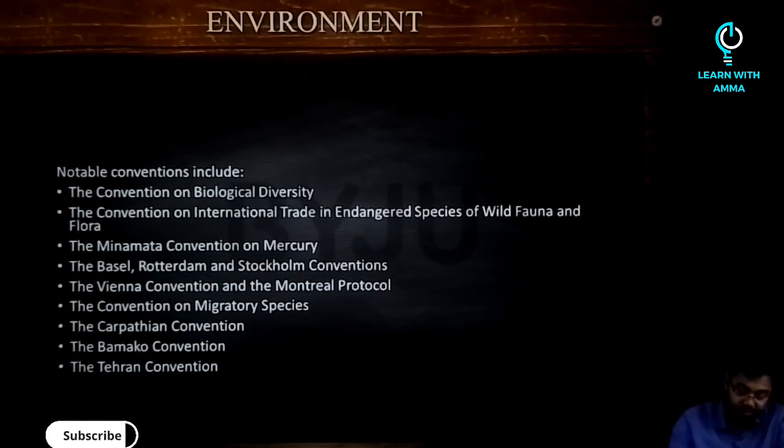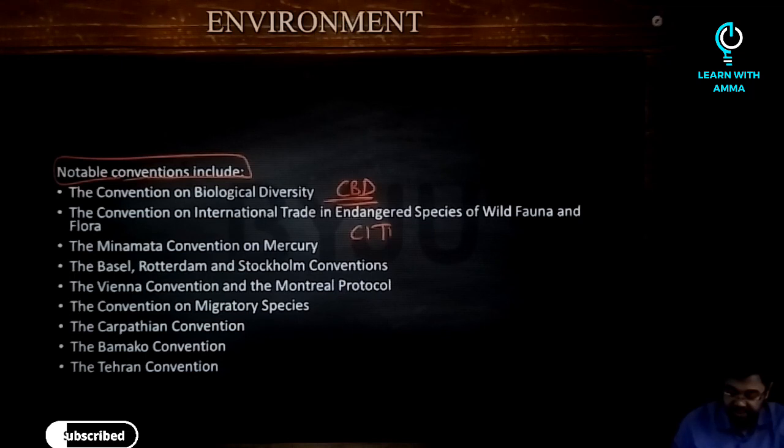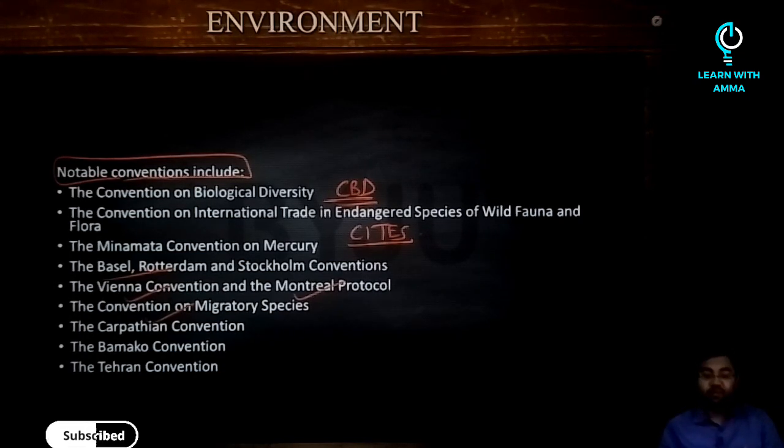And finally, most of the conventions that you know about, all the ones which we have already studied, have been a part of UNEP. For example, whether you take the CBD or you talk about CITES, then the Basel Convention, Vienna Convention, Montreal Protocol, the Convention on Migratory Species, all these that we have already seen in the previous chapter, all these are actually activities of UNEP. So, with this, we come to the end of this chapter, a very highly factual chapter,